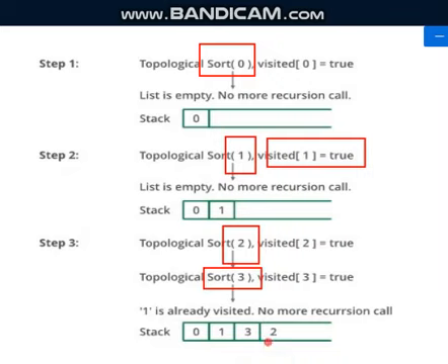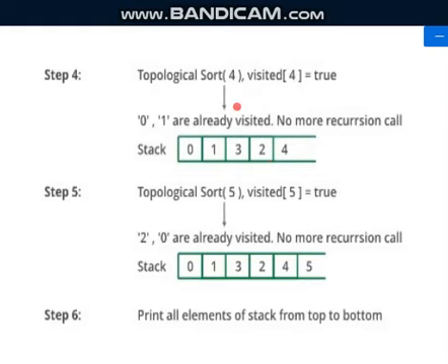Now what you do is you go to the next one. What is the next one in the list? The next one is 4. So from 4 it will recursively call 0, but 0 is already visited. So again come back. Again you have one more node which reaches from 4, that is 1. But 1 again it is visited. So again it will come back to 4. Now from 4 you don't have any other node which is adjacent to 4. So then you will stop this recursion. So then you will put that 4 to the stack.